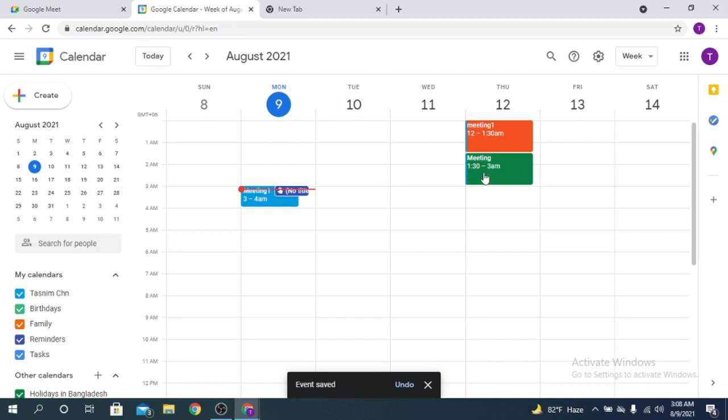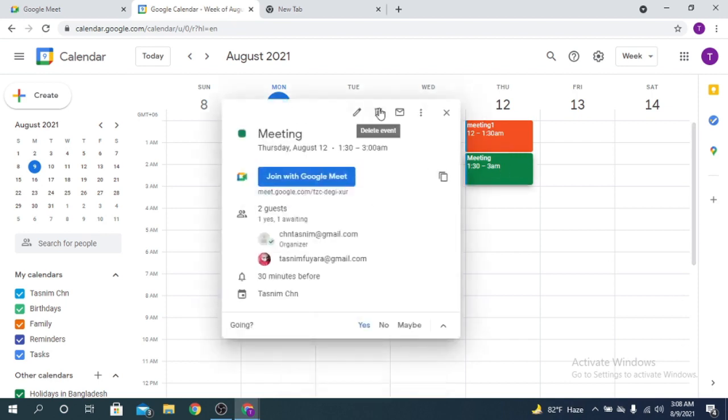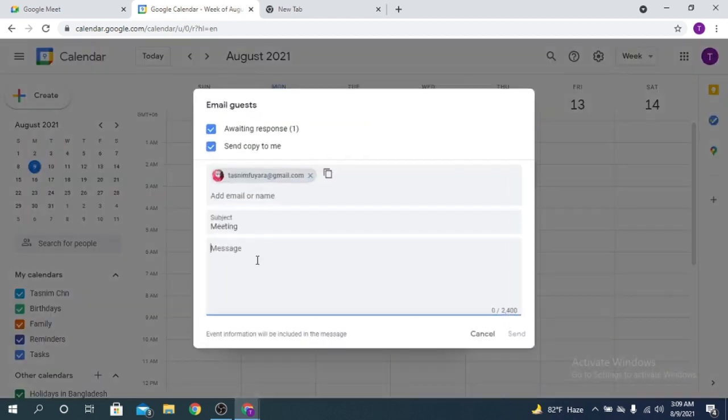Okay. So this is my meeting, and you can also delete the event or edit the event by using this. Or you can also email your guest by clicking here. Send a message, hi, please join.